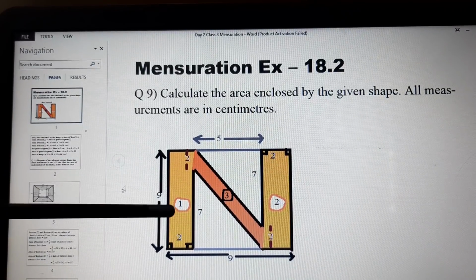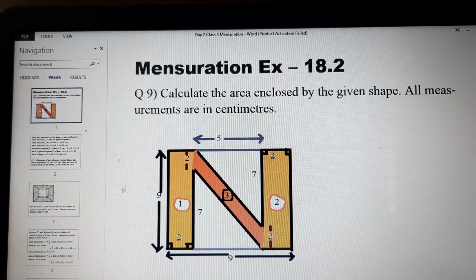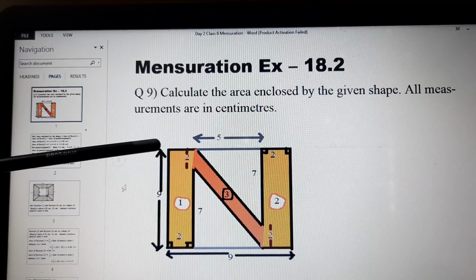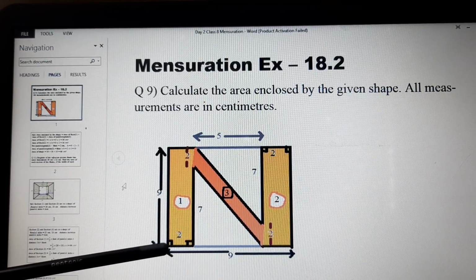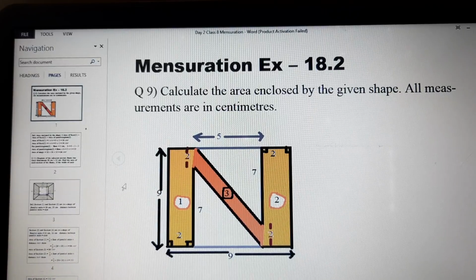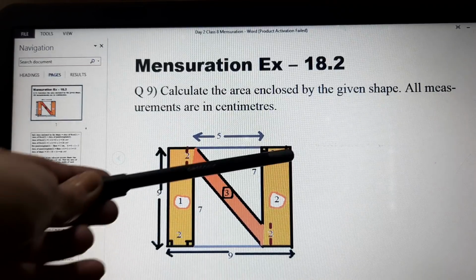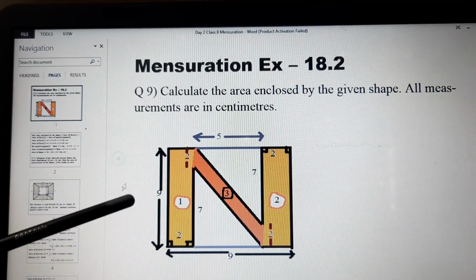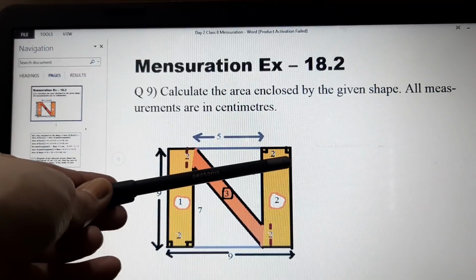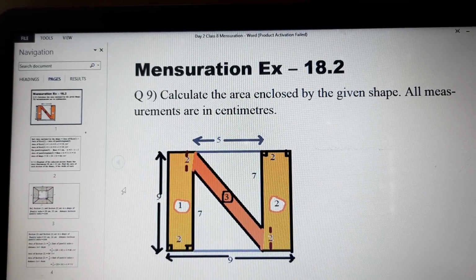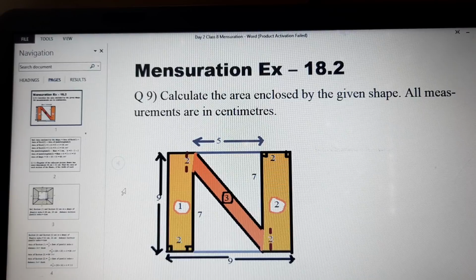So if we talk about rectangle number 1, the formula of area of rectangle is L into B. So length is 9 and breadth is 2. Okay, so 9 into 2, no problem. Same case with this also, because if this is 9, this will also be 9, and the breadth is given as 2. So area of rectangle 2 will also be L into B, that means 9 into 2. Clear?